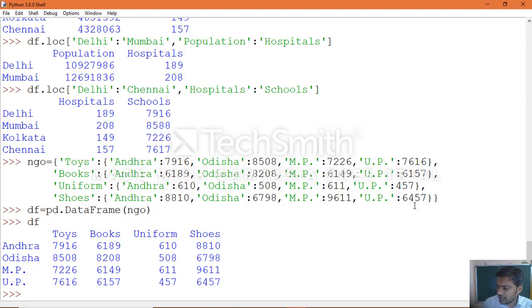The statement you type is the object name, df, dot loc of the start row label, colon, the end row label name, comma, the start column label, that is books, colon, the end column label.